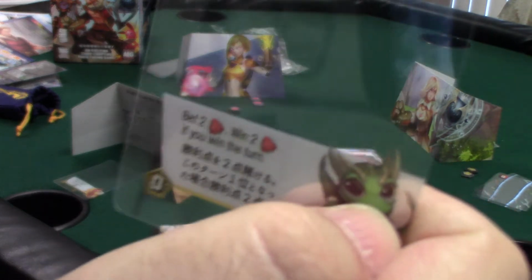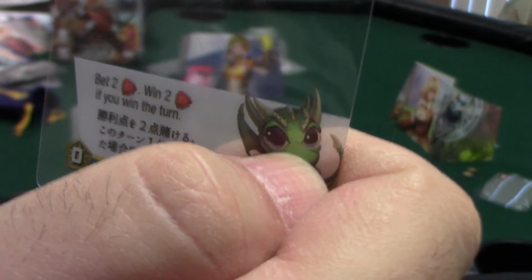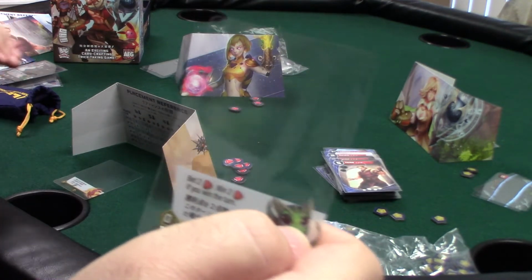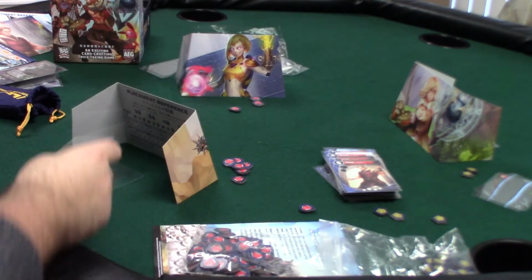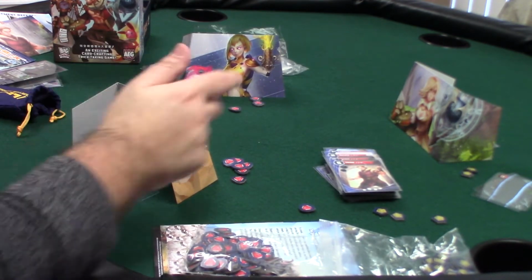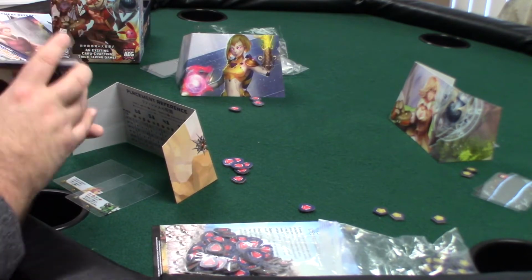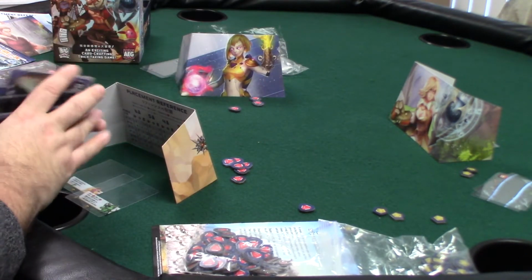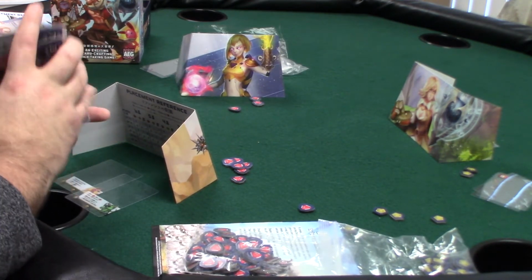And as you can see, it says bet 2 victory points, win 2 victory points if you win the turn. The turn is the complete round, like all the cards. If you're the first person to run out of cards first, that's the turn. So each individual round does not count towards the turn. And so the way this is played is that in the second round and so forth, not the first round, you shuffle all these cards up,